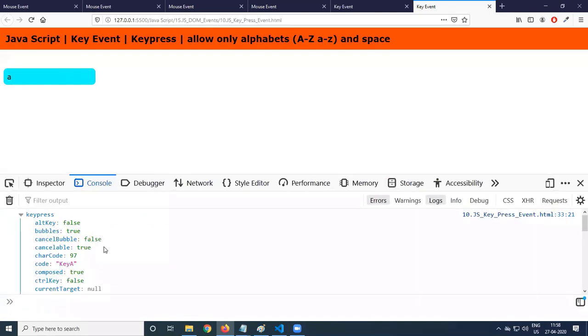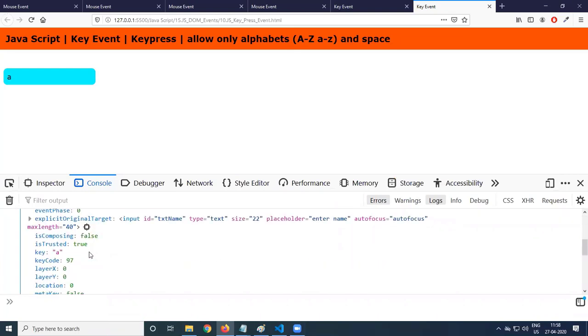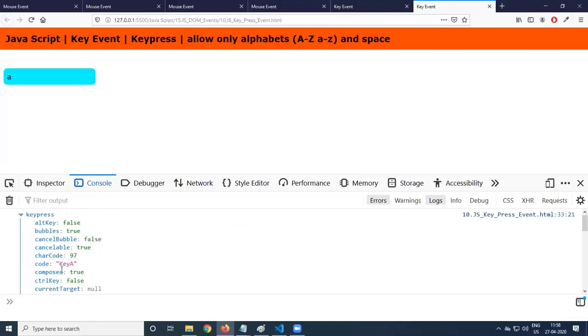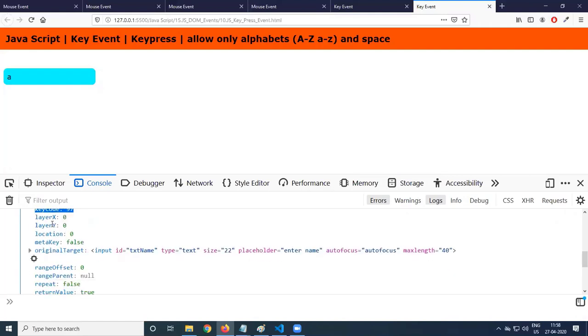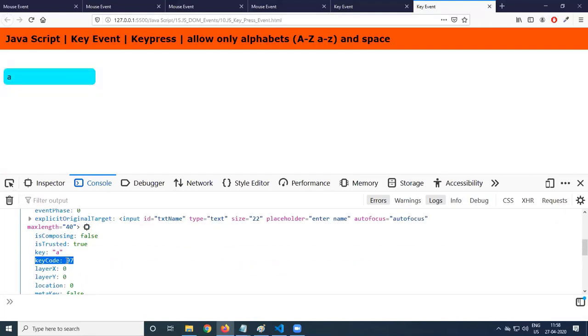Small letter a, 97 is coming. There is also is composing, key. You can use char code, or you can use key code also. Key code for capital A gives the ASCII value, so this can also be used. Char code or key code.